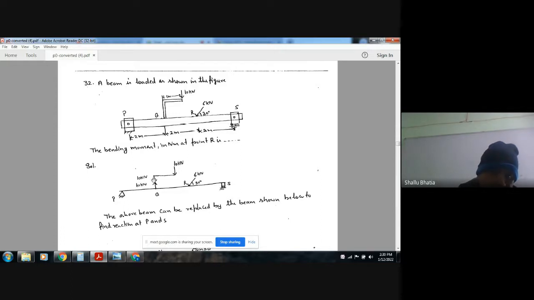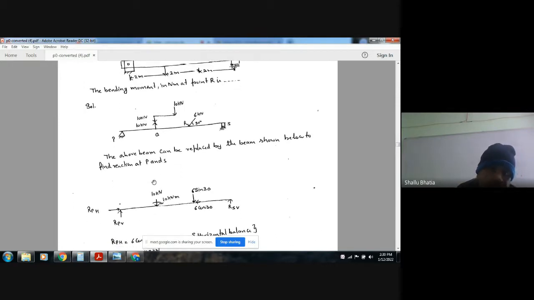So this is the beam. If we apply 10 kilonewton load upward and downward here, we get a 10 kilonewton meter moment, and a 10 kilonewton vertical downward force, as the distance is 1 meter. So at point Q, there will be a 10 kilonewton meter bending moment acting, and a 10 kilonewton vertically downward load is acting. This is the rigid support.